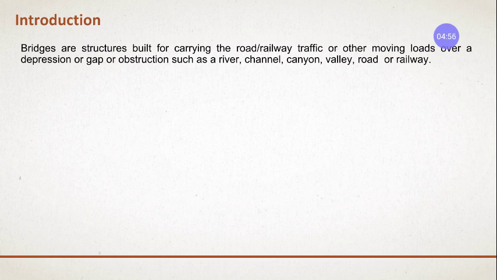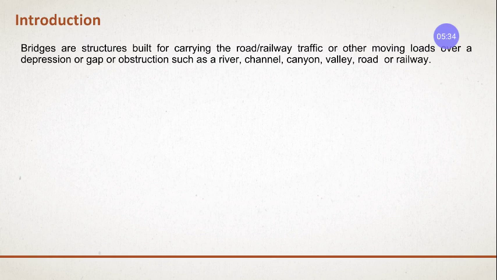Suppose you might have seen crossings where a railway track and the road are meeting at the same level. To avoid congestion and traffic jams at that point, we construct a bridge for the road vehicles, so that they can move from above and don't obstruct the movement of the train, and the train doesn't obstruct the movement of the vehicles. In this case, the railway track becomes an obstruction for them. So in that case, we go for bridges.